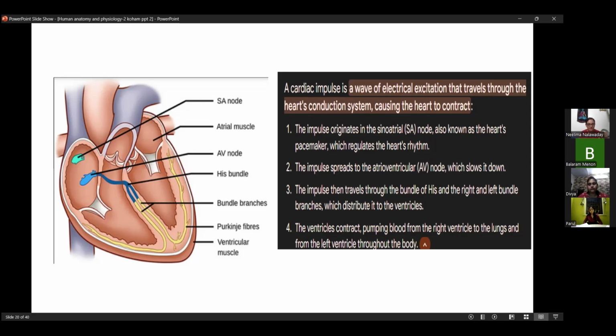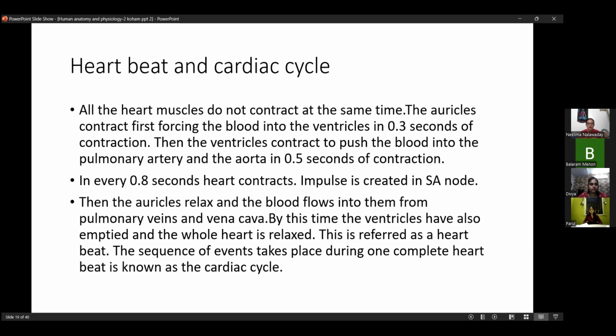Electric impulse generation, then muscle contraction, and then this movement of blood from this chamber to that chamber is possible. Otherwise, how is it going to work? If that force, that energy, that contraction is not there, then the heart is not going to work properly and the heartbeat is not going to generate. Now, how does blood move from the right atrium to the right ventricle? For that, this contraction should be there. Now, the electrical impulse is generated by the SA node and proper contraction is happening, that is okay. But what happens in that whole phenomenon?